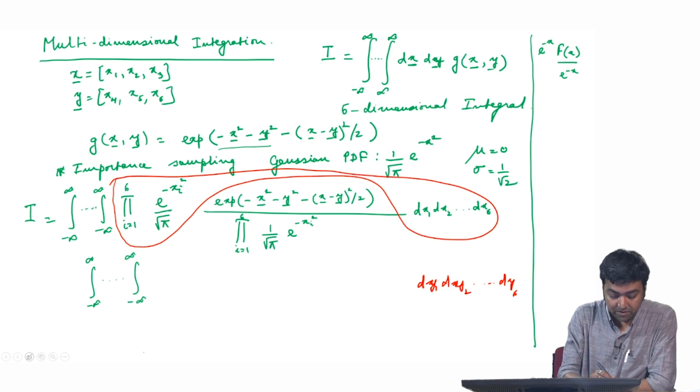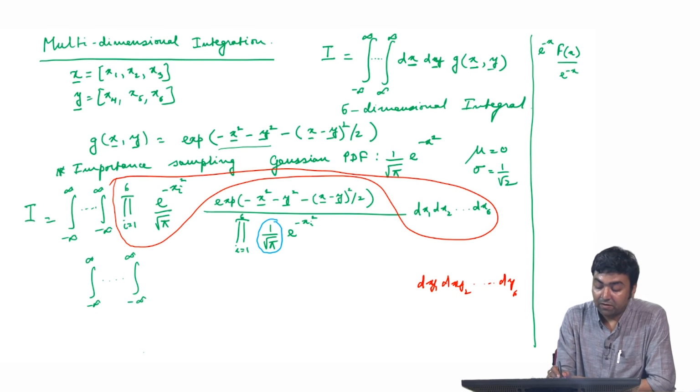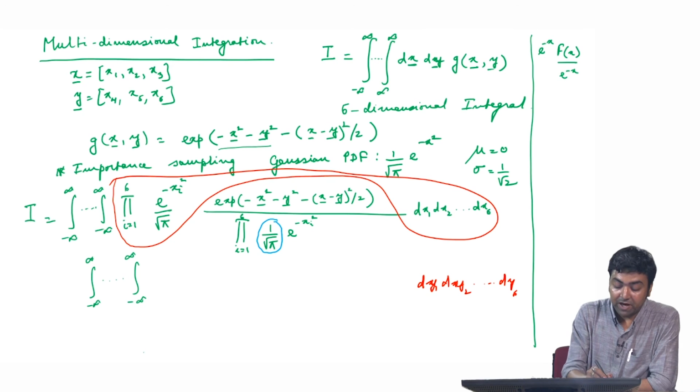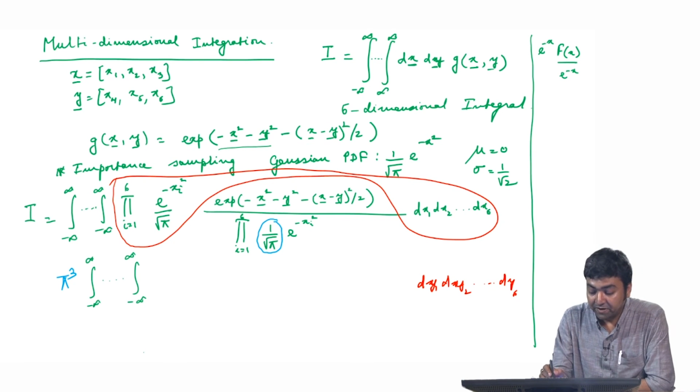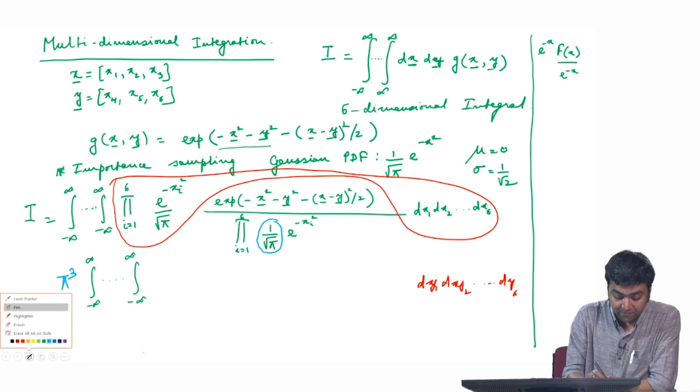And then I can also see that in the denominator I have 1 by root pi whole to the power 6, so that basically becomes pi cube. Then if I divide the numerator with e to the power minus x1 square, x2 square, and so on and so forth, what I will get is